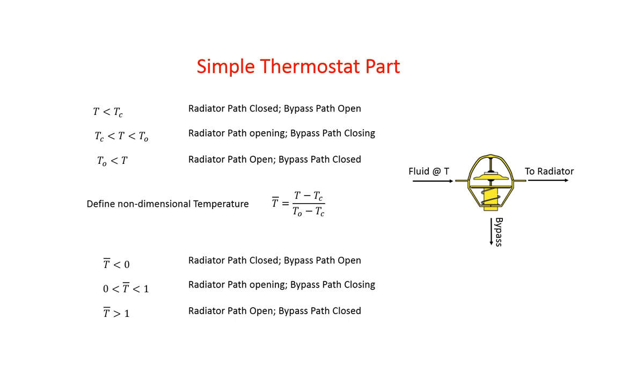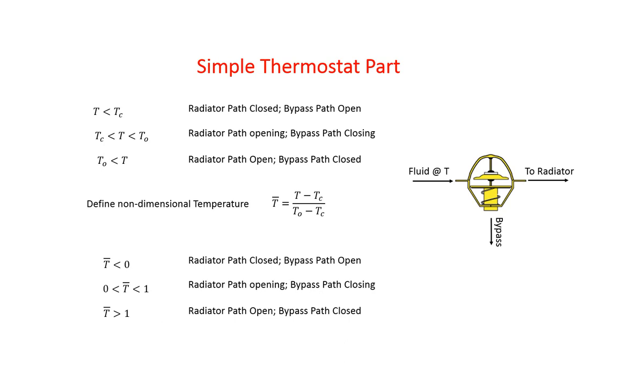In this exercise, we will make a very simple thermostat part in ThermoFlo. Here we are assuming that our thermostat is operating between temperatures Tc and To. At any temperature below Tc, the thermostat is closed, meaning the radiator path should be closed while the bypass path is fully open. At temperatures greater than To, we want to have the radiator path fully open and the bypass